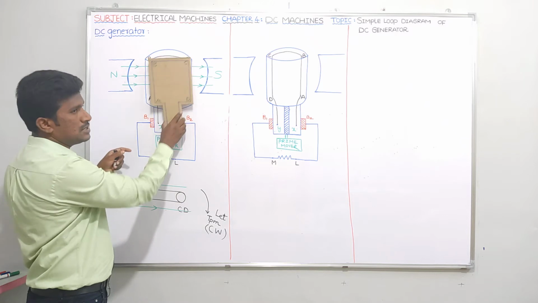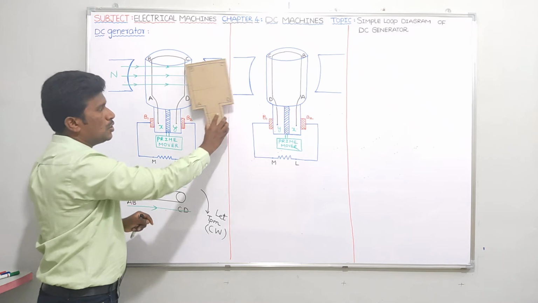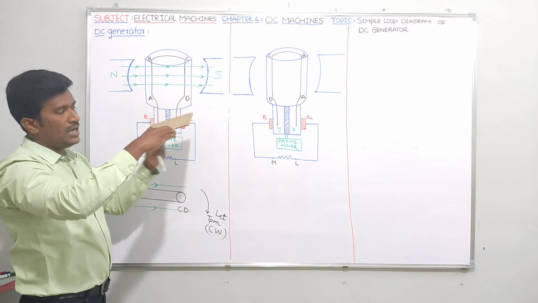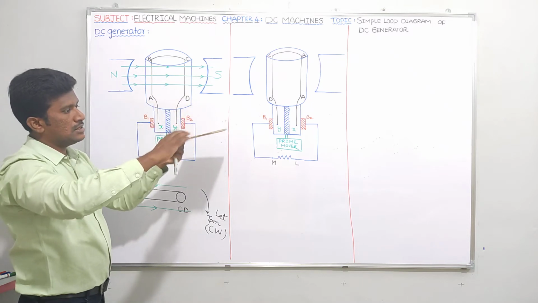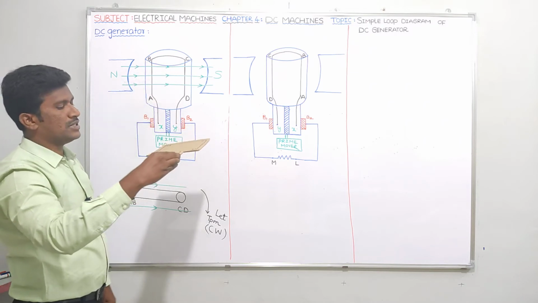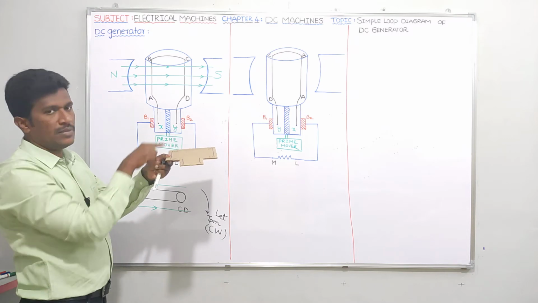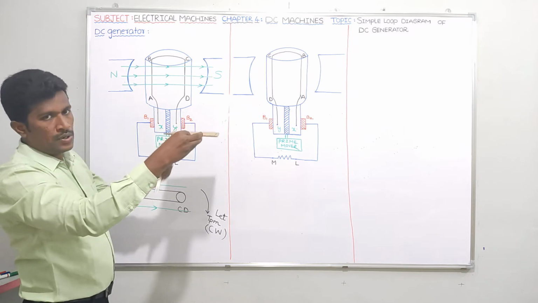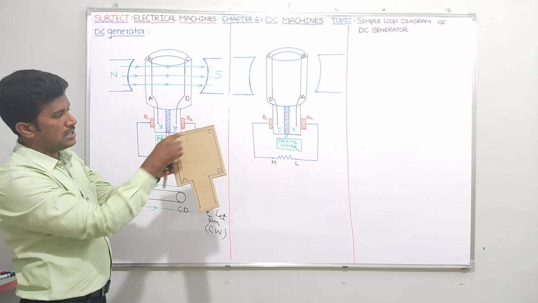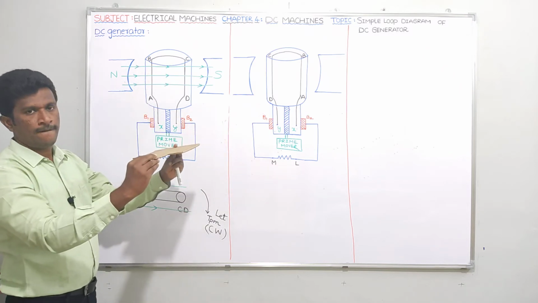Because I cannot draw in 3-dimensional, that's why I just drew it like this. Actually it is like this. See, A, B, C, D. But to be frank, this ABCD coil will be rotating like this, like this, like this. Initially, this A, B, C, D portion, but this one. So, guys, if you are not able to see these A, B, C, D markings, please remember, because if I show like this, you cannot see these letters. First of all, assume here A is there, B is there, C is there, D is there. This portion A, B, C, D. First of all, I am just placing it like this. Is it clear, guys?